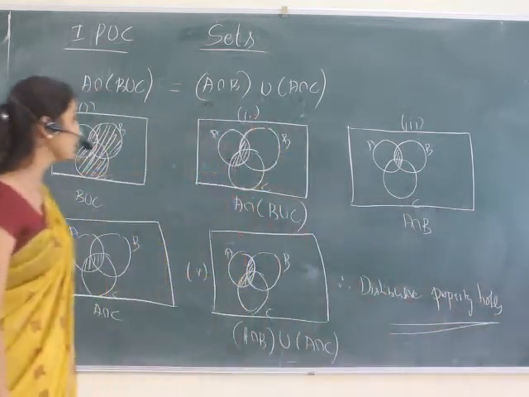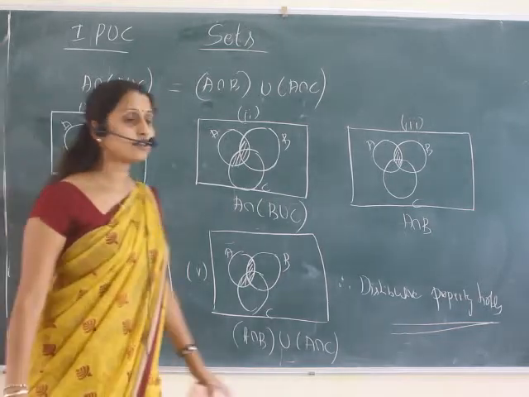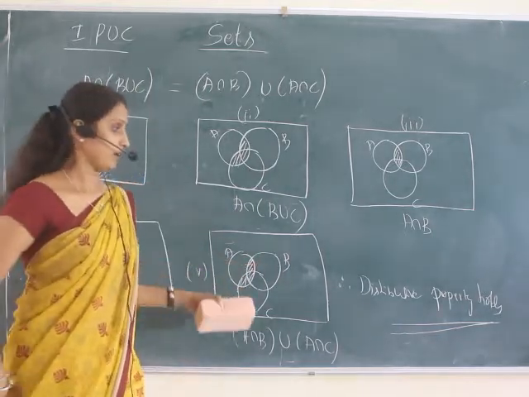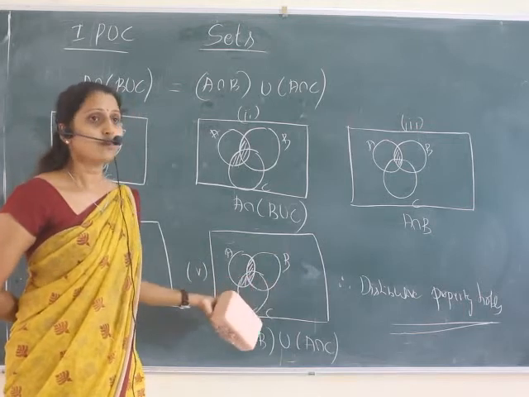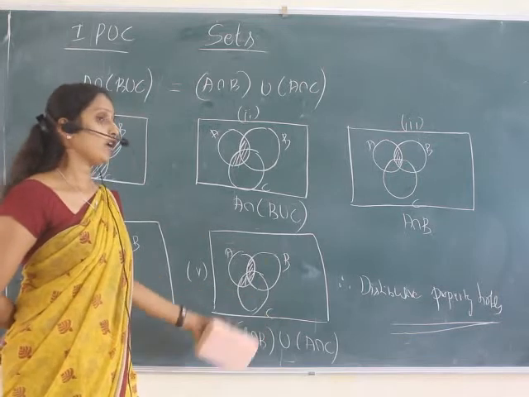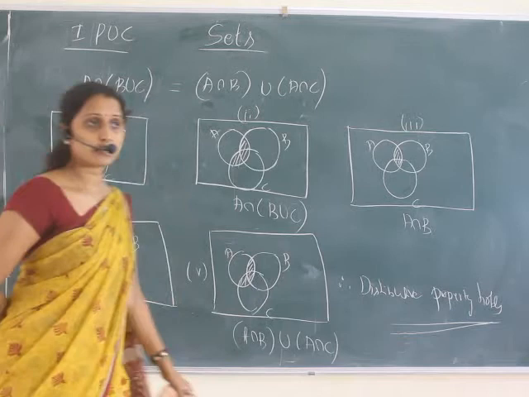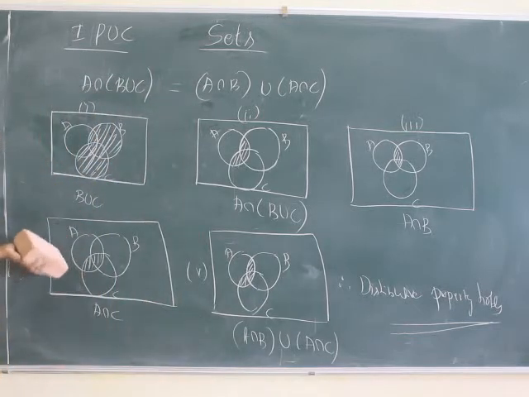Distributive property holds. Either we can prove this by taking an example, or we can prove it by Venn diagram also. But this method is not so important, but you should know how to draw the Venn diagram for each operation on a set. In the exam, they may not ask you to write the Venn diagram, or to show or prove it from the Venn diagram. If it is asked for a proof, you have to take examples and prove.